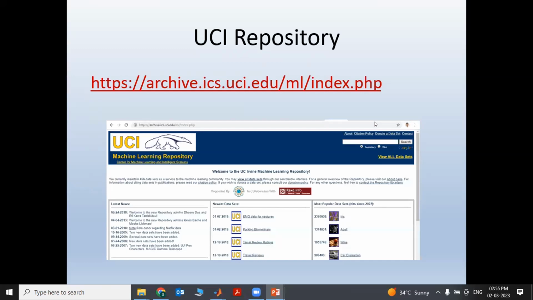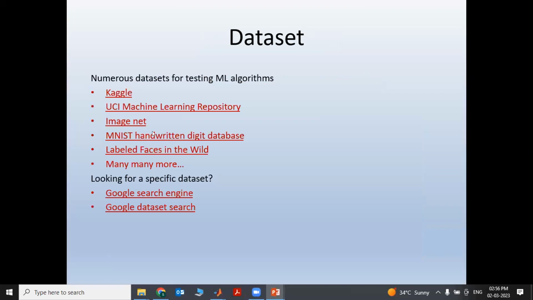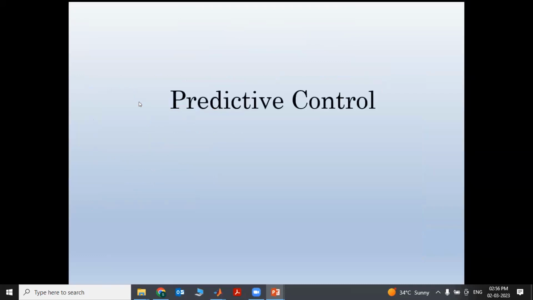Generally the data set will be in text format, or in doc, or maybe Excel format also. You can download it and start your machine learning application on any specific data. If you are interested in EMG data, ECG data, or power system data, you can search for it. Mostly the data will be available in the UCI repository. If it is not available, Kaggle is another option, and different repositories are there. You can search accordingly.